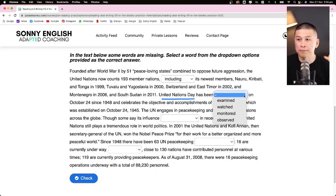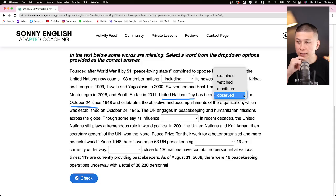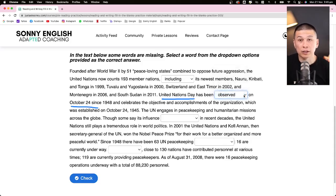It's the special day. And another way to say that you are celebrating, but not in a happy way, is observed. This is a collocation. This is a vocabulary word. So the United Nations Day is observed on this date right here. All right? Because normally when you see a holiday, you will say celebrate. None of those words come close to any type of holiday. Observed is that collocation. All right, so that one's the one I would pick. Next, and we have